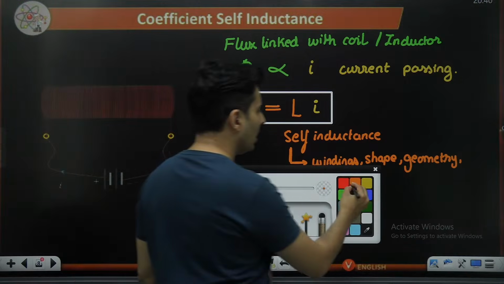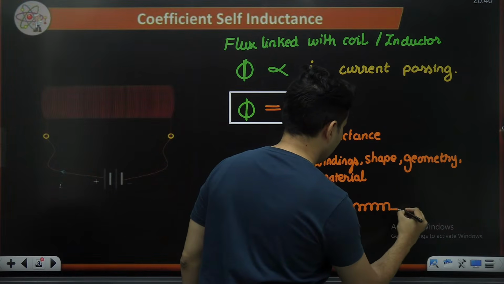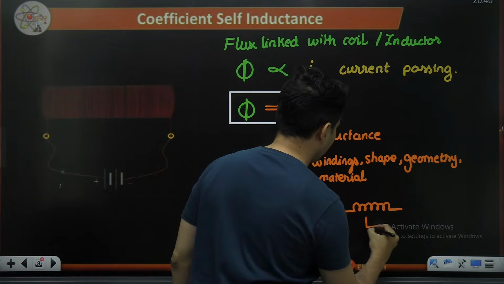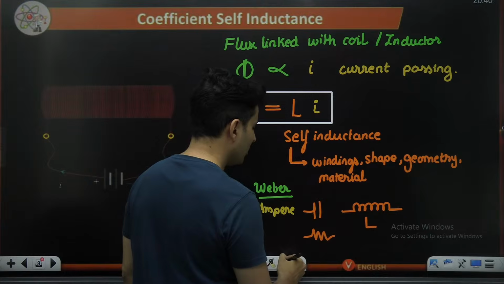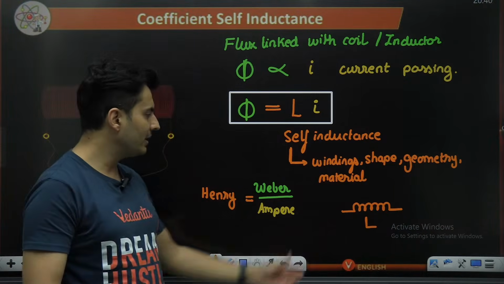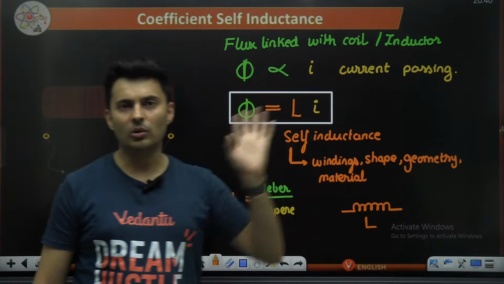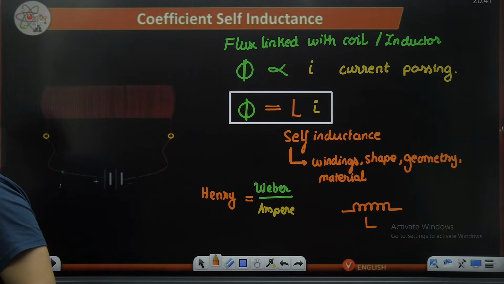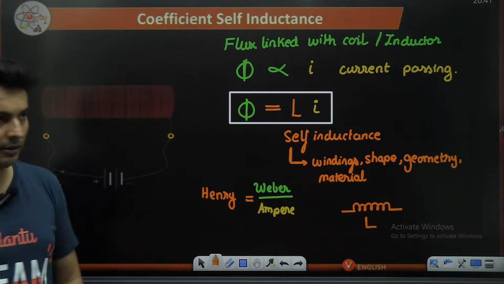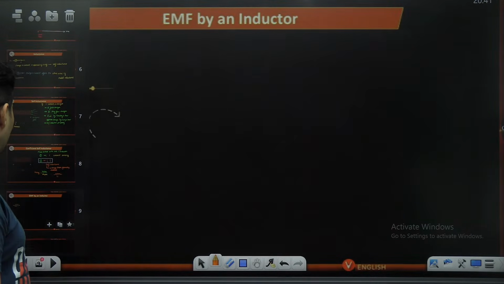The symbol, how we represent it, remember, is like this. This is the symbol of an inductor in an electrical circuit. Like resistor was like this, capacitor was like this. So inductor, wherever that property is there, you will show it with L, how many Henry, with that small coil over there. It's round, not straight, because if you make it straight zigzag, it will become a resistor. All right. Now that we understand it,